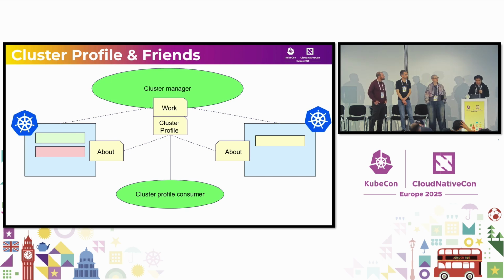And lastly, the cluster profile API itself doesn't live in a vacuum. As I alluded to before, you have the About API that we get the properties from, and you also have the Work API, another API we have in the SIG about how you actually assign jobs to each cluster. You know this job, you understand it, now you want this cluster to actually do some work for you. So that's where the work comes into being. And even with that, after you have the work there, you still want them to talk to each other. And here, Laura is going to